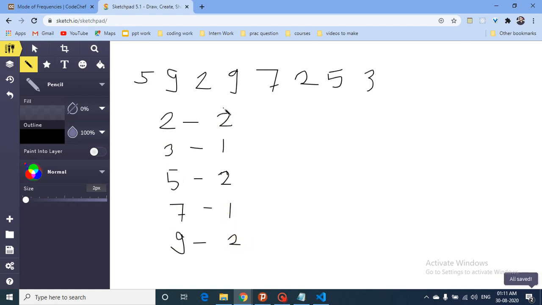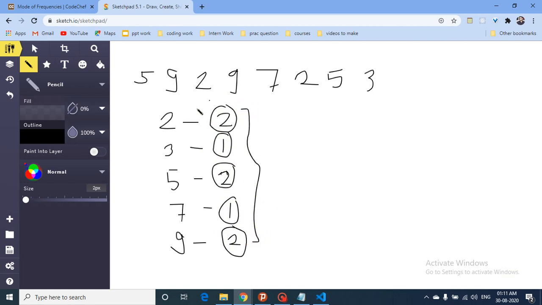Now use these frequencies as the new numbers, so let's assume that you have an array of these numbers. Now find out the frequencies of every number in this new array. So 1 occurs 1 time and 2 occurs 3 times.